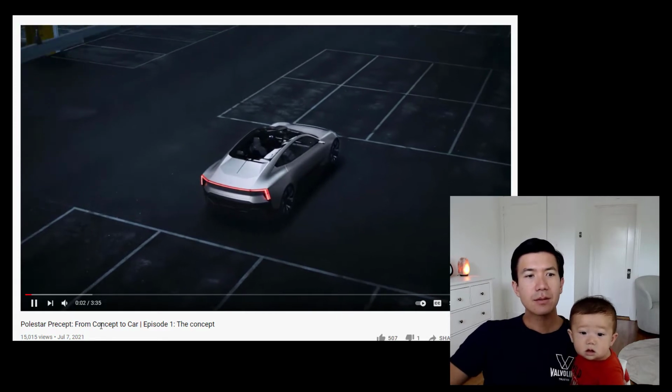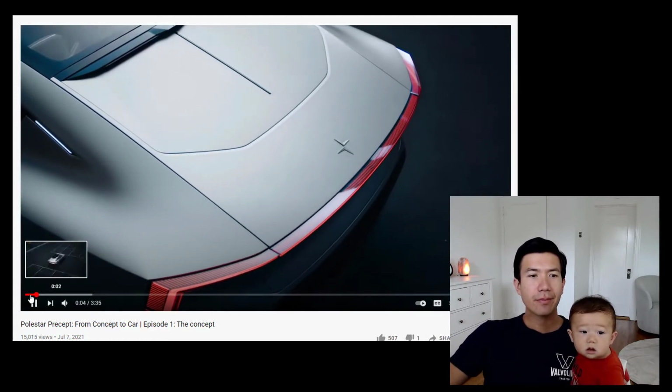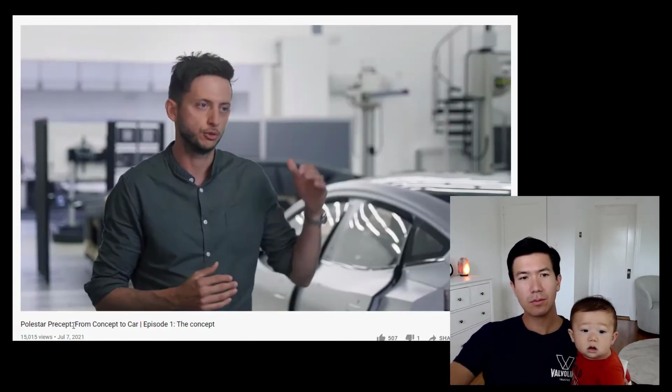A concept car helps us push the boundaries of what might be possible without that sort of...